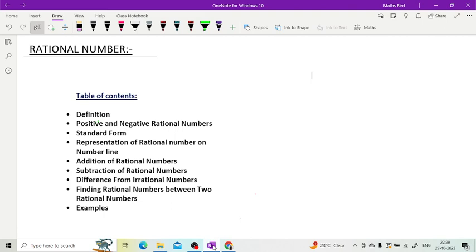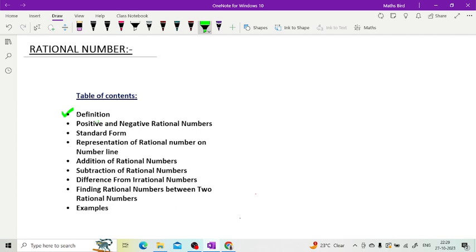So today our topic is rational numbers, right? This is very important. Why? Because this is important for grade 7 also, grade 8 also. And in grade 9 there is irrational numbers. So when we learn irrational numbers, we should know what a rational number is.